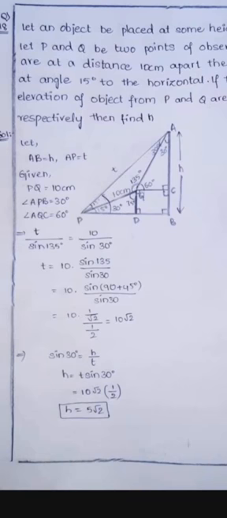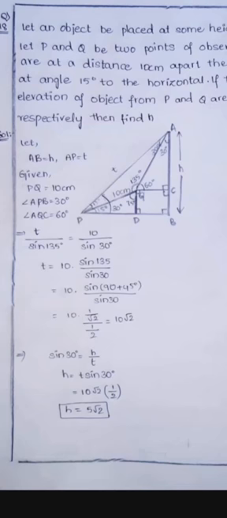Suppose we have a known length of the side of a triangle and it is related to its opposite angle. So T by sine 135 degrees must be equal to one more relation, as in this triangle.